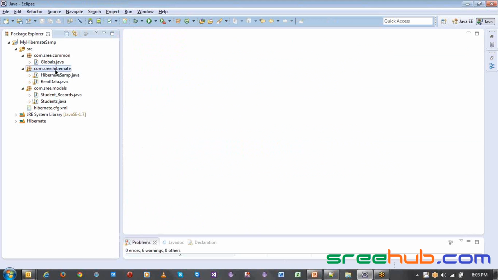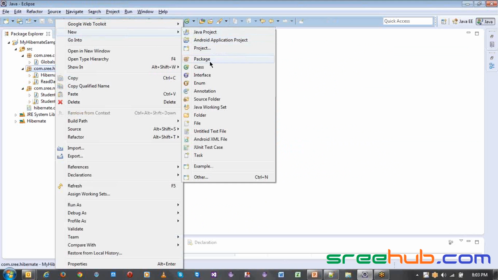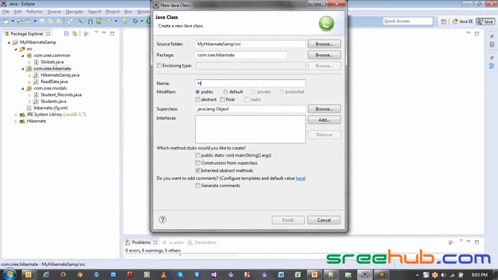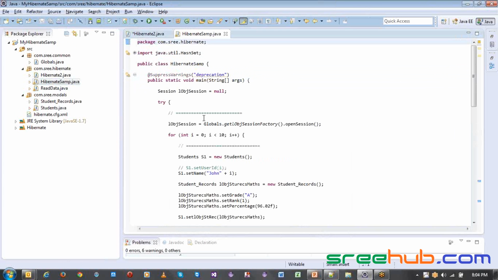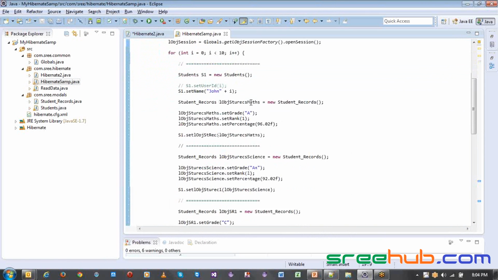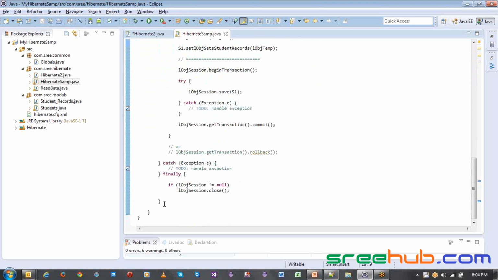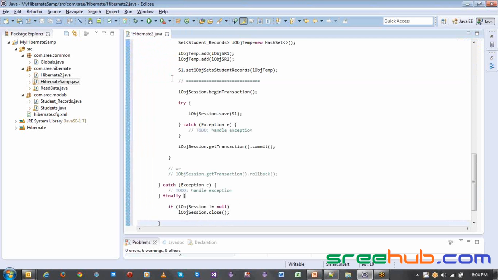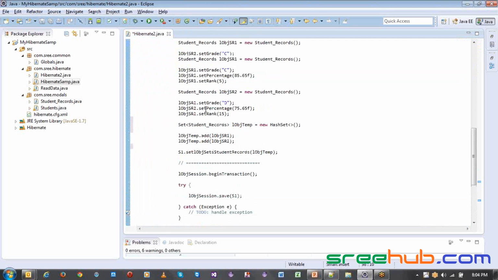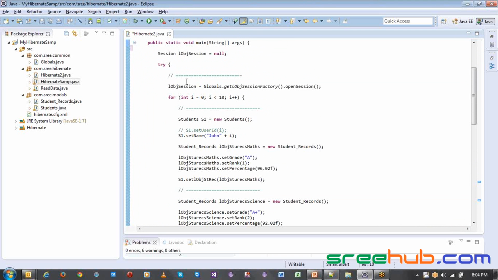So for this Hibernate, let's say I'm going to create a new class. Let's say it is Hibernate 2. I'm not going to waste time creating this main. Let me just copy the same session code and all, and I'll delete whatever is not needed. We don't need the complete student or for loop and everything, so let me delete everything here